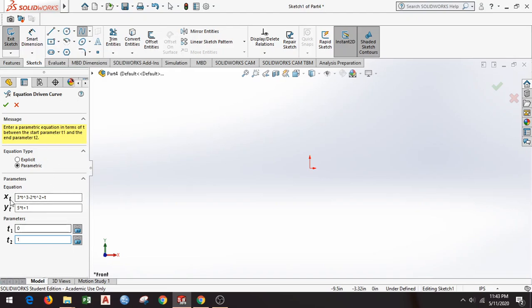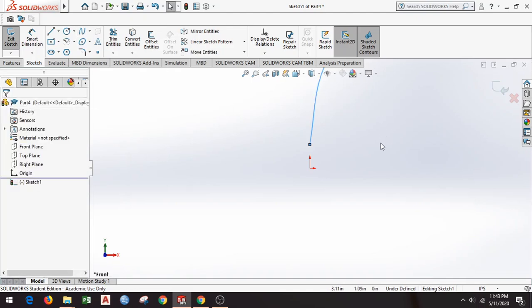So everything looks good. We put both the equations. Make sure your equations are correctly inputted here, because if there is a mistake, you will see errors in red color. So for example, you need to use star for multiplication, hat for the exponent, and so on and so forth. I don't have any red color, I don't have any errors, so it looks all good. So I'm going to click OK, and you can see here is the curve that we created using that equation.